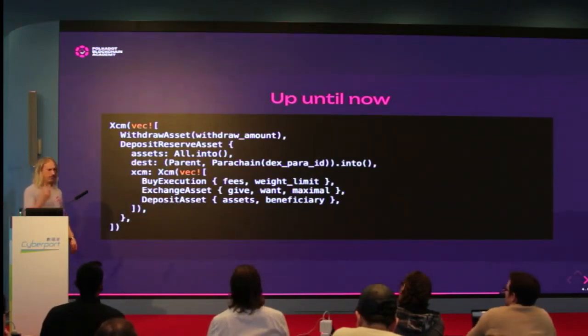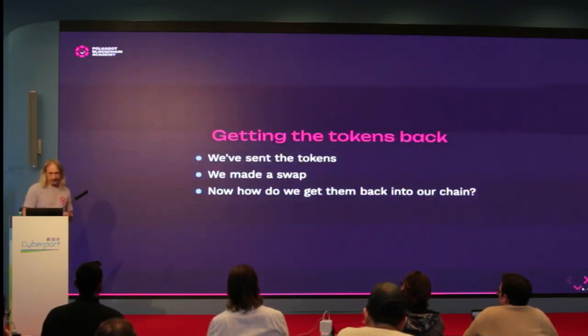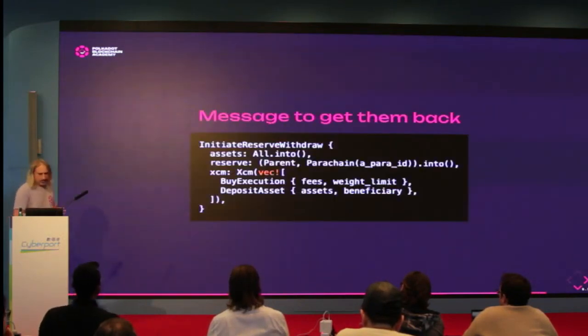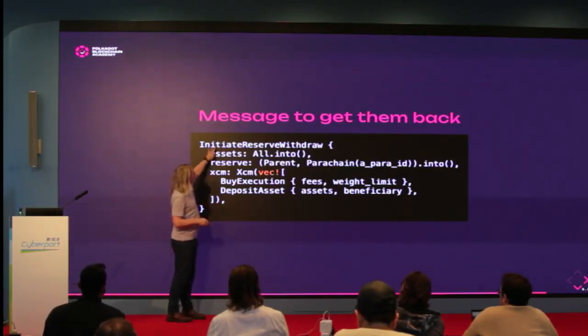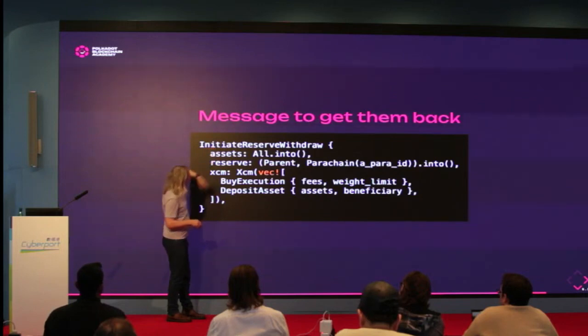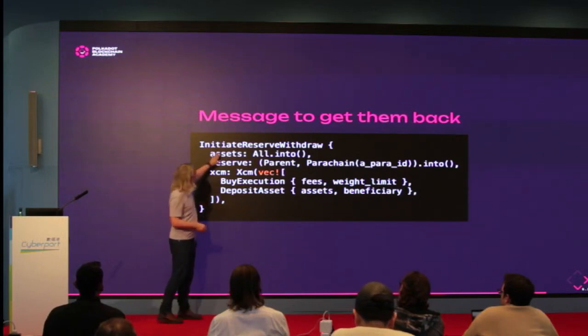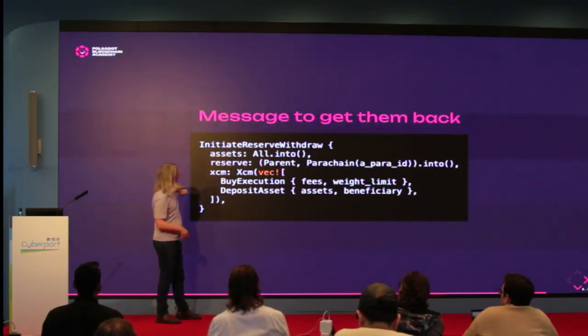We want the assets back, right? The new assets, the exchanged assets. So yeah, we've sent the tokens, we made the swap. How do we get them back? So the specific thing, we're initiating the reserve withdrawal on the reserve chain, withdrawing assets, essentially removing them from the holding account, and then sending the